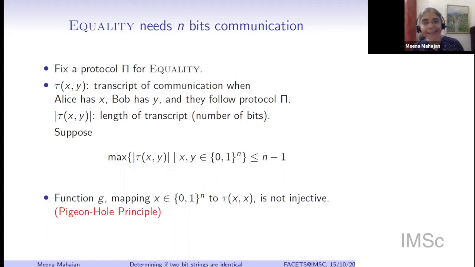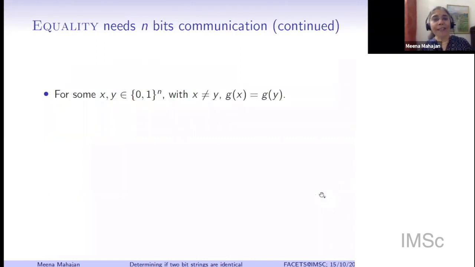It's strictly less than 2 raised to n, and therefore this map is not injective. Okay, but so what? If that map is not injective, what more does it tell us? Let's continue with this proof. If that map is not injective, what this tells us is that we can find 2 n-bit strings x and y, which are both of length n. They are different. X is not equal to y. But because the function was not injective, gx is equal to gy.